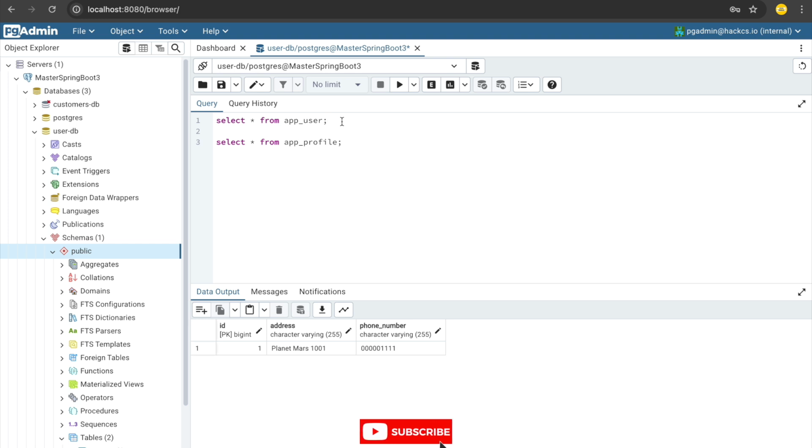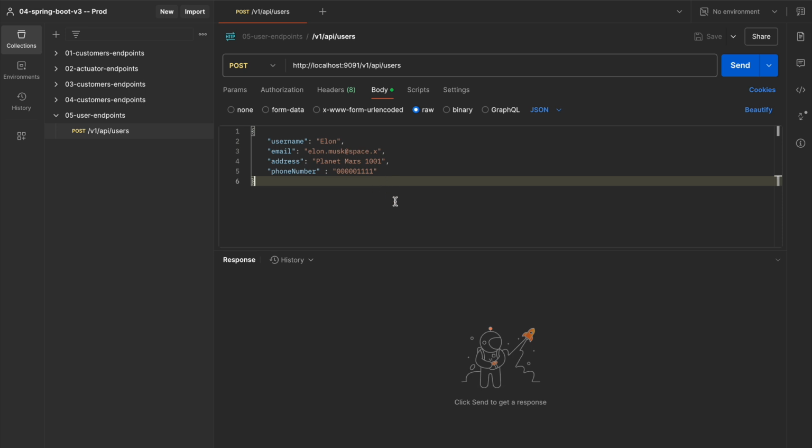So the relationship is maintained, and this is a circular reference. The serialization happens from user to profile and from profile to user. And the inverse is also possible. If you insert in profile, it will also insert in user, and if you get profile, it will also be able to provide you the user information as well. So we have inserted our record. So let us